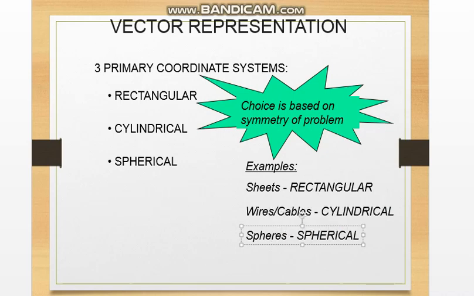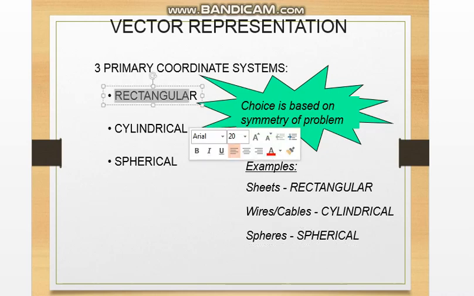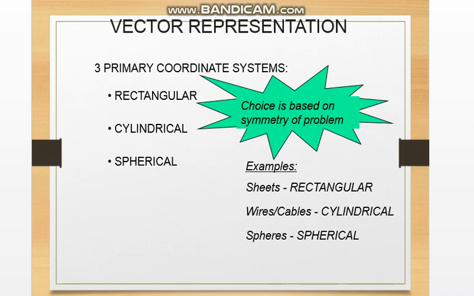These three coordinate systems are three-dimensional coordinate systems, and they are also known as 3D coordinate systems. These coordinate systems also help to determine vector directions and vector products. As we know, the electric field, magnetic field, and other forces are vectors, so we largely depend on vector representation in that case.